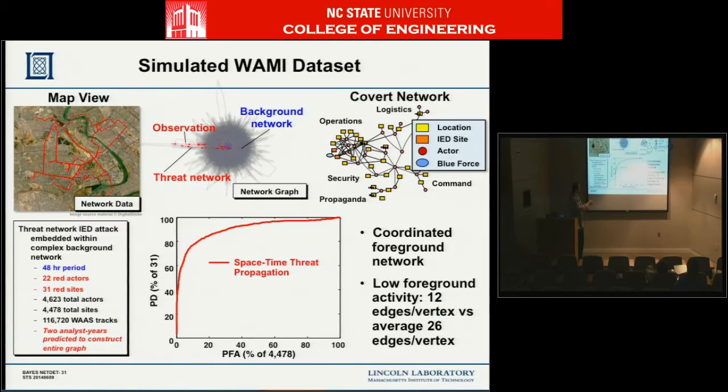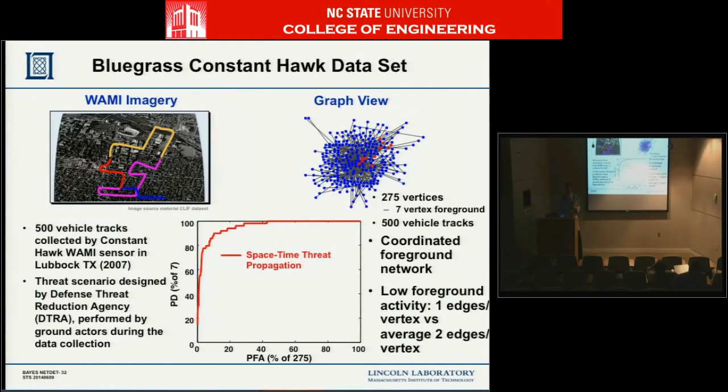And so, by the way, for those of you not intimately familiar with ROC curves or receiver operating characteristic curves, what I'm plotting here is the probability of detection, in this case the percentage out of 31 foreground entities that you know to be true or that you've modeled to be true, versus the probability of false alarms, things that you don't care about. And where you'd like this to be is you'd like to have 100% probability of detection and no false alarms. And of course, you never ever get that. And so the further you are up on this curve, the better you are. And if you're doing no better than chance, you get a straight line here. And that's poor performance.